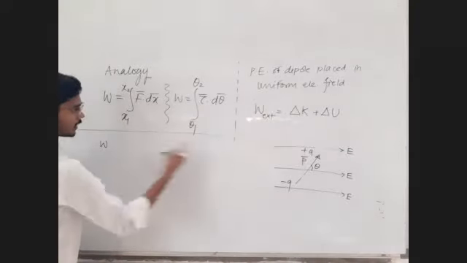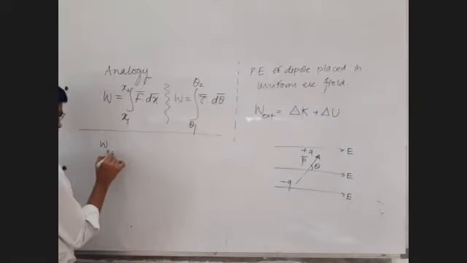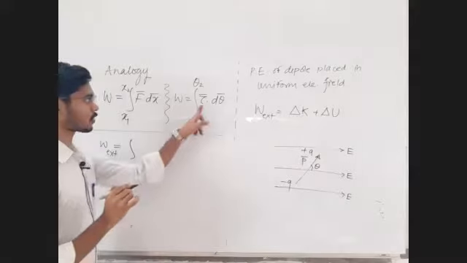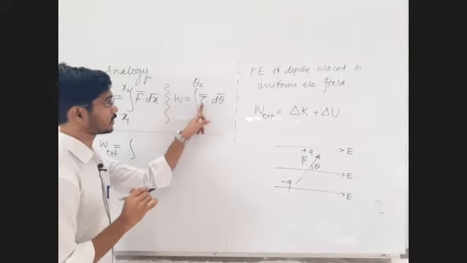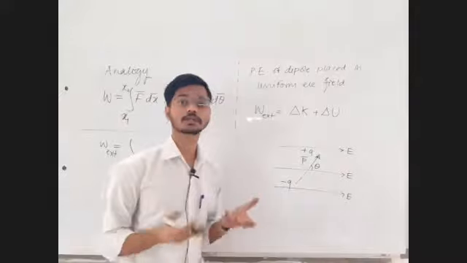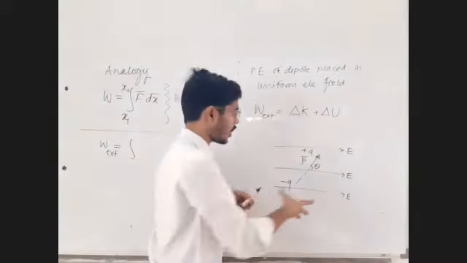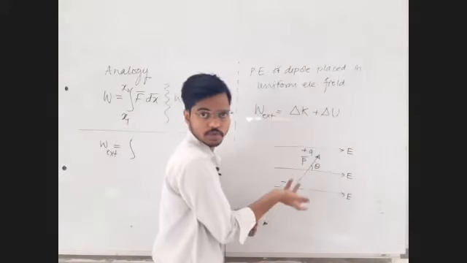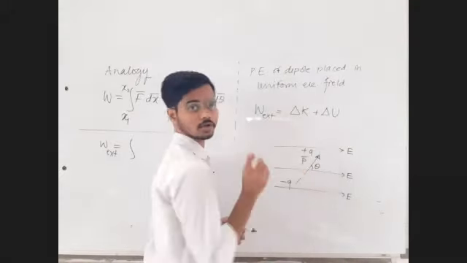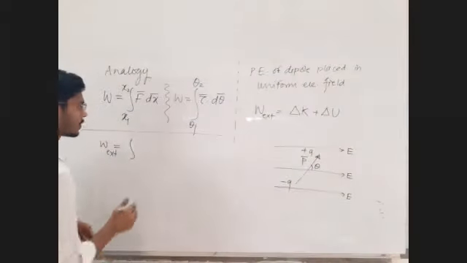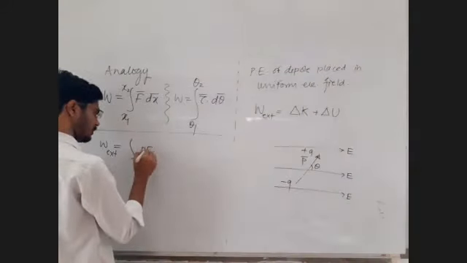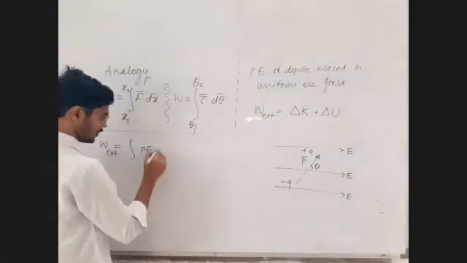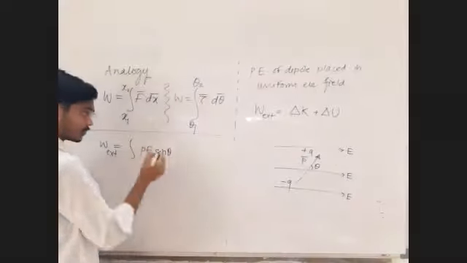Come back to derivation. Now this W external is equal to integration value of the torque, magnitude of the first vector. What is the value of torque that we need to apply? We need to apply the same torque as that of the system. The same torque you have to apply. The value of torque is P sin theta. For any given position theta, the value of torque we just have derived, it is P sin theta.